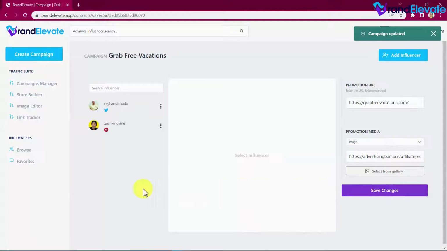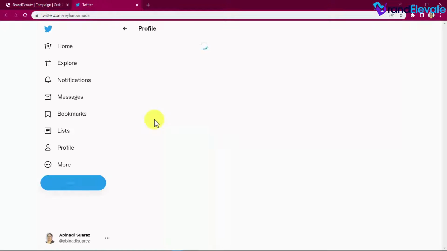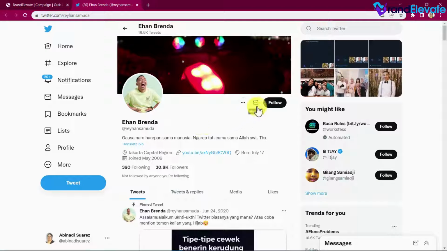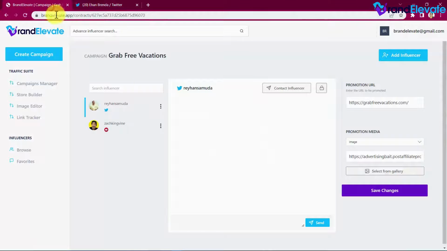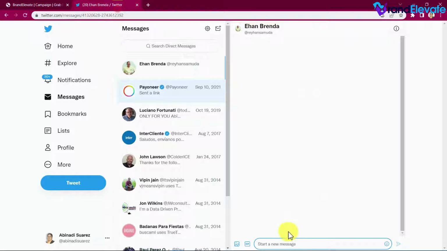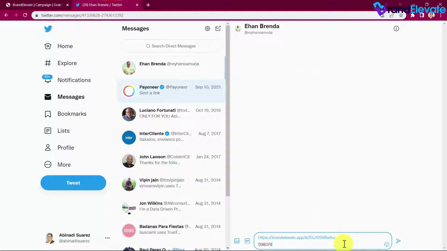And the way you can start communicating with the influencers is by selecting one of them and clicking on this button right here. And there you will be able to send them a direct message. And what you will send them in that direct message is this private chat URL and access code, as well as an invitation to connect with you for a social advertising service you need from them. And this is how Elevate lets you find an influencer and close profitable deals using our done-for-you built-in private communication